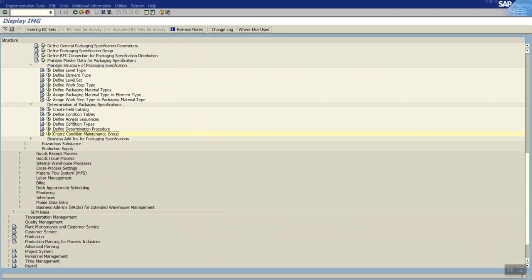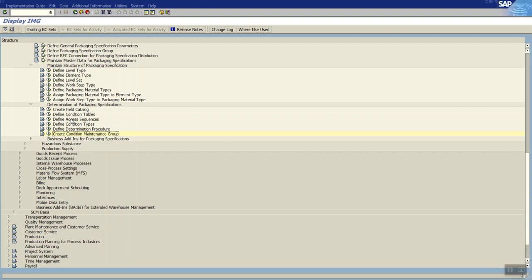So the beauty of this packaging specification is there is a procedure called IPPE, and the packaging specifications can come from different systems like supplier network collaboration, or within EWM we can define them, and we can store them in a different server called IPPE. It is an engine.